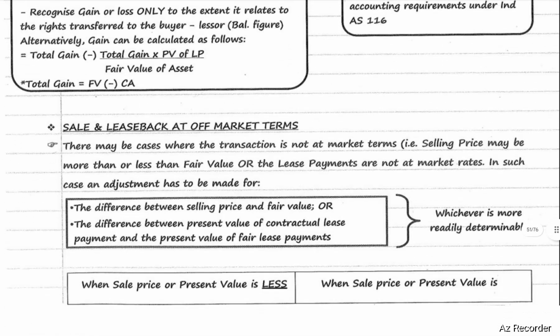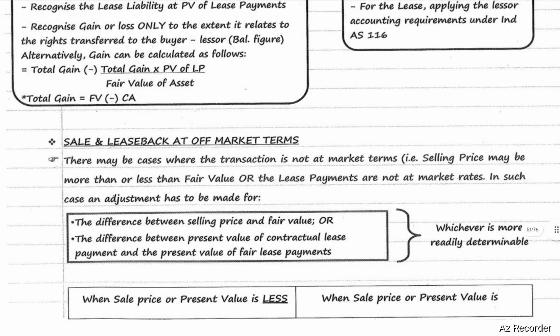Next, sale and leaseback at off-market terms. There may be cases where transaction is not at market terms. That is, selling price may be more than or less than the fair value, or the lease payments are not at market rates. In such a case, an adjustment has to be made for difference between selling price and fair value, or difference between present value of contractual lease payments and present value of fair lease payments, whichever is more readily determinable. In case when sale price or present value is less,